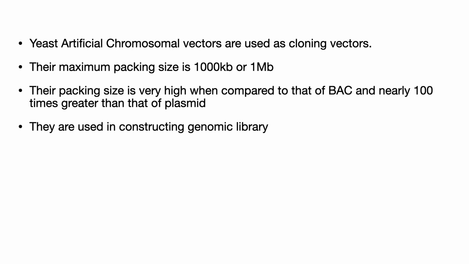They are much higher when compared to that of a bacterial artificial chromosomal vector packing size, and it's nearly 100 times when compared to that of a plasmid. Even here, the high packing size advantage is used to construct genomic library. Few of the yeast artificial chromosomal vectors are